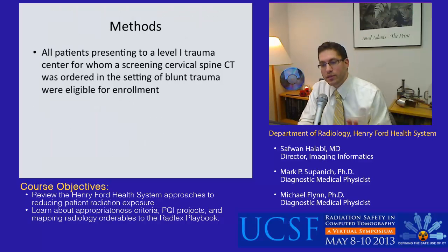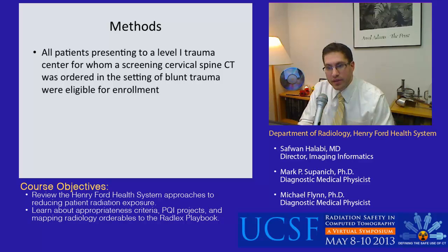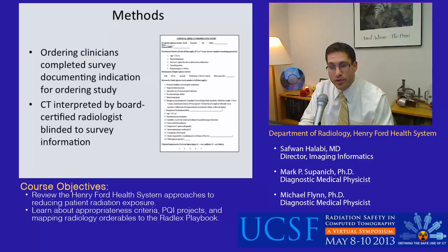What was unique about this research was it was done in combination with the emergency department, which utilizes advanced imaging heavily. Now, the methods of this study was to look at all patients presenting to a level 1 trauma center for whom a screening cervical spine CT was ordered in the setting of blunt trauma. The clinicians, prior to ordering the advanced study, would go through this NEXUS criteria on paper and would basically give a number score to what their thought was if this patient was a high suspicion, medium suspicion, or low suspicion